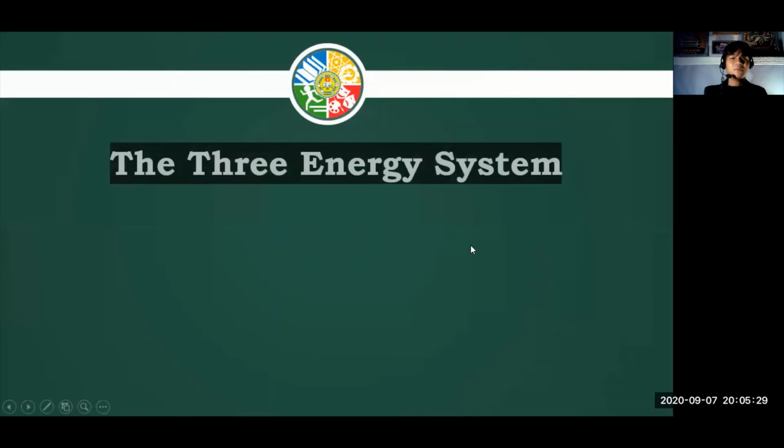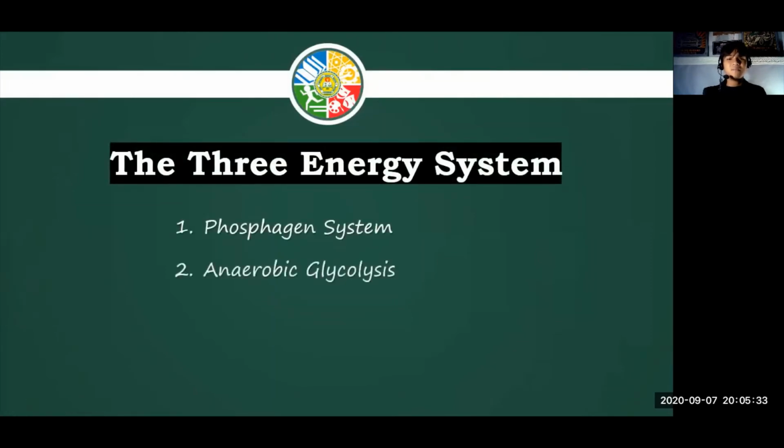Okay, this time we will be talking about the three energy system, namely the phosphagen system, anaerobic glycolysis, and aerobic system. So for us not to be confused, so we already know that energy is our ability to move or is the major fuel source of our body. Since it is a fuel, it can be categorized into three, namely these three energy system. Now, it is divided into three because the three of them has different time duration, which we will be discussing